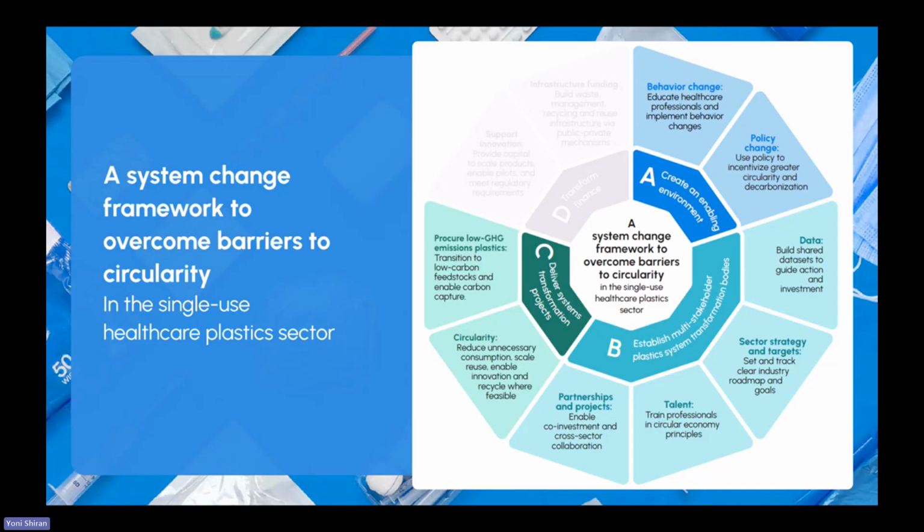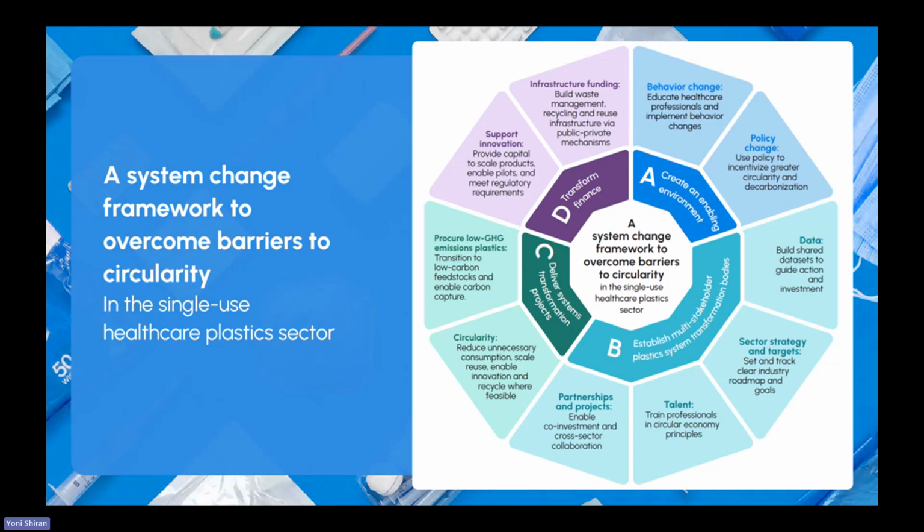Delivery system projects includes things like investing in procuring low carbon emission plastics. We know these solutions exist. We know they're starting to scale. Yes, sometimes they're more expensive, but the more we scale them, the more they're going to drive down the cost curve. Also, circularity projects, reducing unnecessary consumption and scaling reuse and enabling innovation. We've seen some examples of case studies. Again, there's many, many more in the report. These things can be delivered if we focus on them. And then finally,